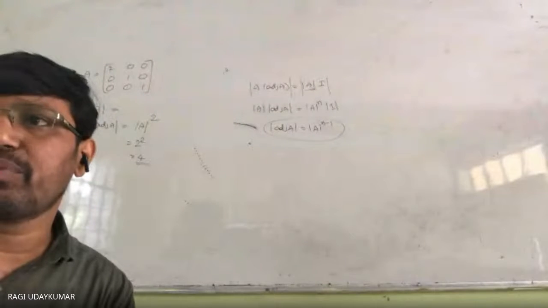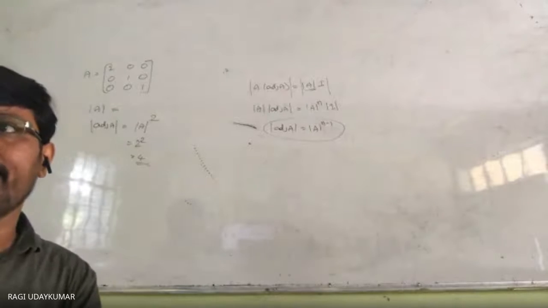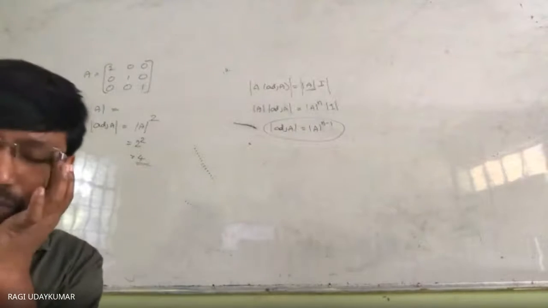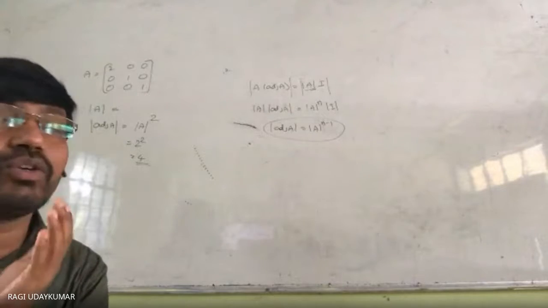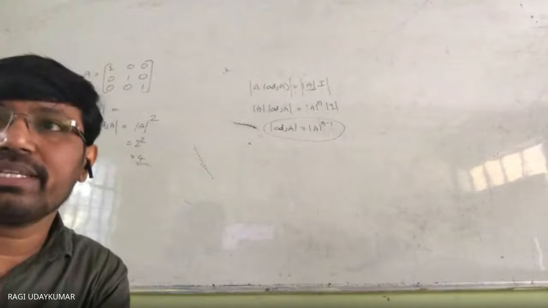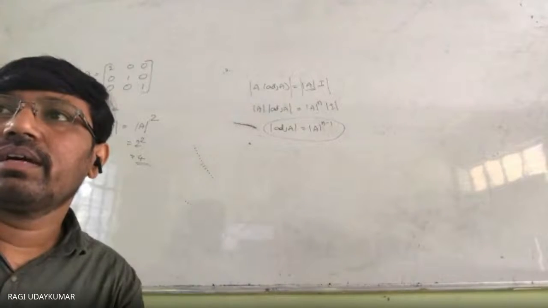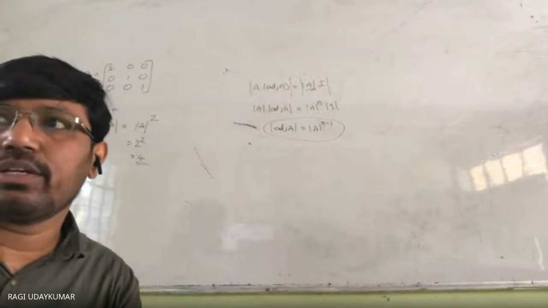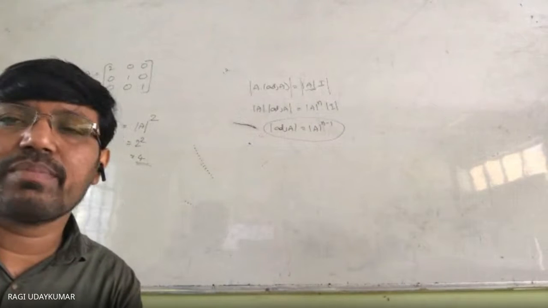So let us see one problem on how we solve a system of linear equations. In Exercise 4.6, let us see the problems here. The questions are given to you. The first question is given. Only consistency is asked to check. So when do we say the given equations are consistent?